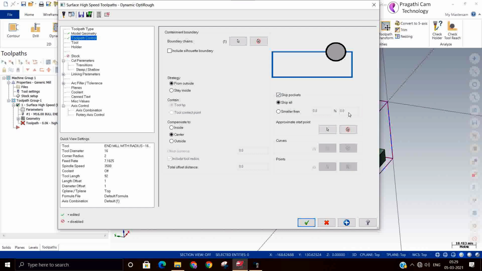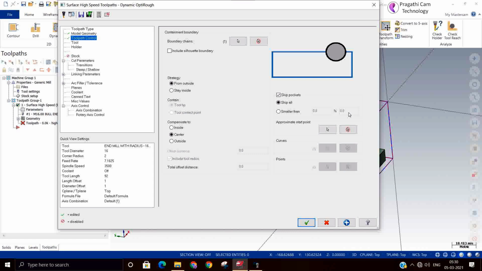So you can skip the small pockets from the model. It will leave the small pockets and machine the remaining.